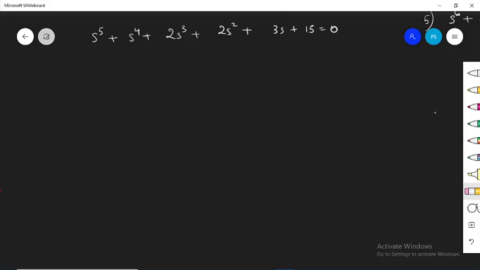Now in today's class I am going to illustrate some of the special cases which can arise while you make the Routh array, and certain difficulties can be there. So how to solve such examples? So I am just going to take those examples in today's class. First example is given over here.